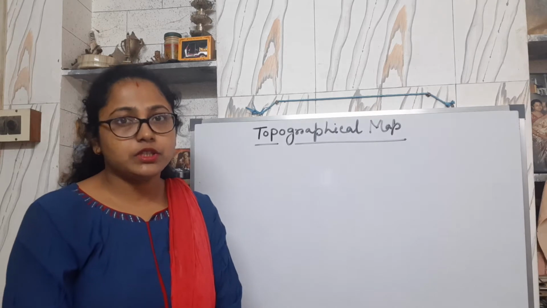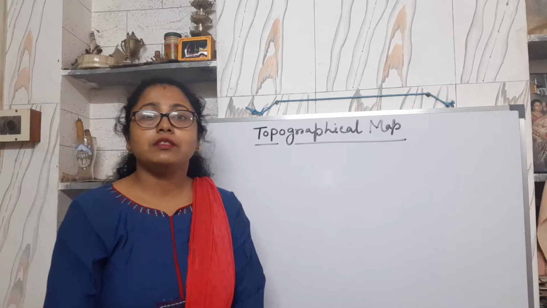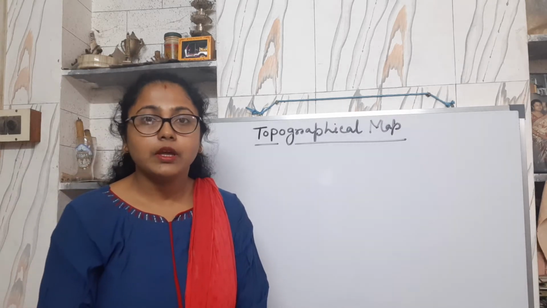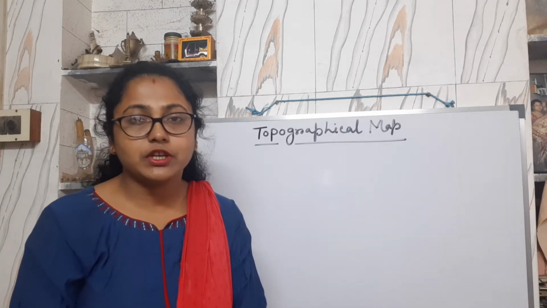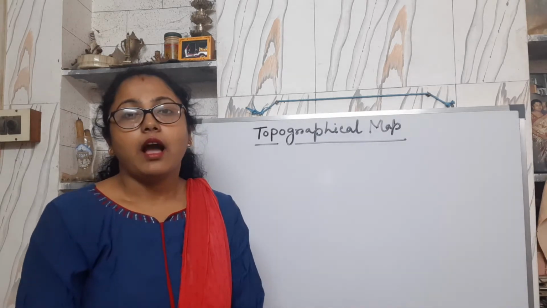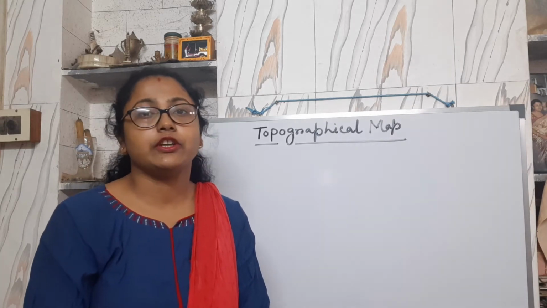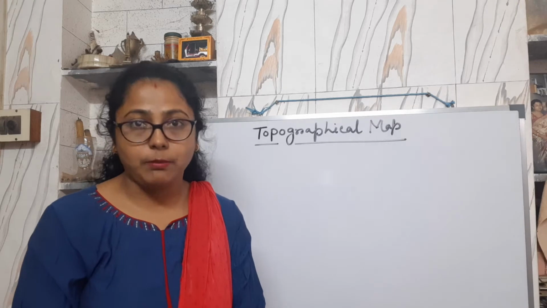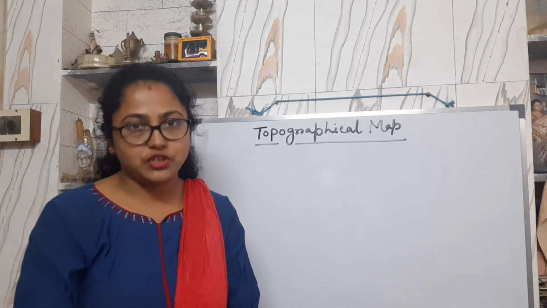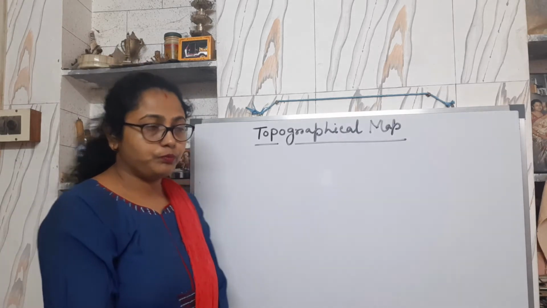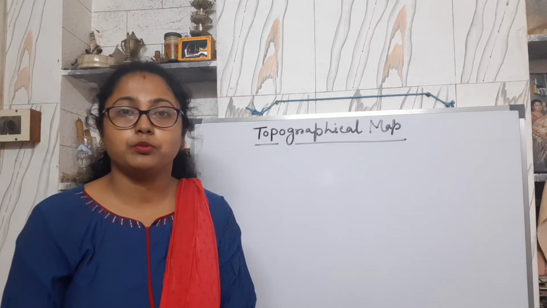Today I am going to teach what is a topo map, what is the need of a topographical map, which different things are shown by the topographical map, which are the different conventional signs and colors used in the topo map, then how to locate the exact position of any feature on the topo map by using the grid reference system. These are the scopes of today's teaching. So one by one I am teaching you. Let's get started with the first scope, that is, what is a topo map, what is a topographical map.